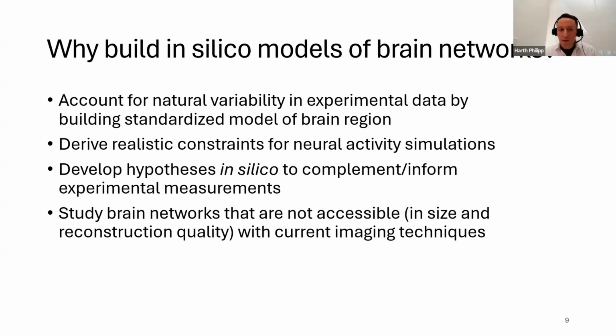One final and important reason to build in silico models of such brain regions is that current imaging techniques, including EM, are still limited in what they can provide. For example, with these non-invasive macroscale imaging techniques, of course, we don't have single cell resolution. And in these EM scans of neural tissue, we are currently limited to very small volumes of neural tissue, which makes it difficult to understand cellular connectivity between different layers or different columns, for example.